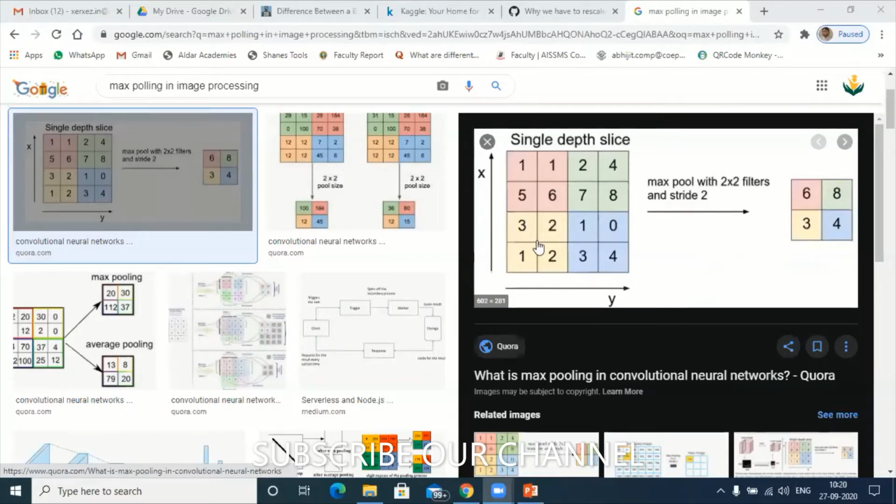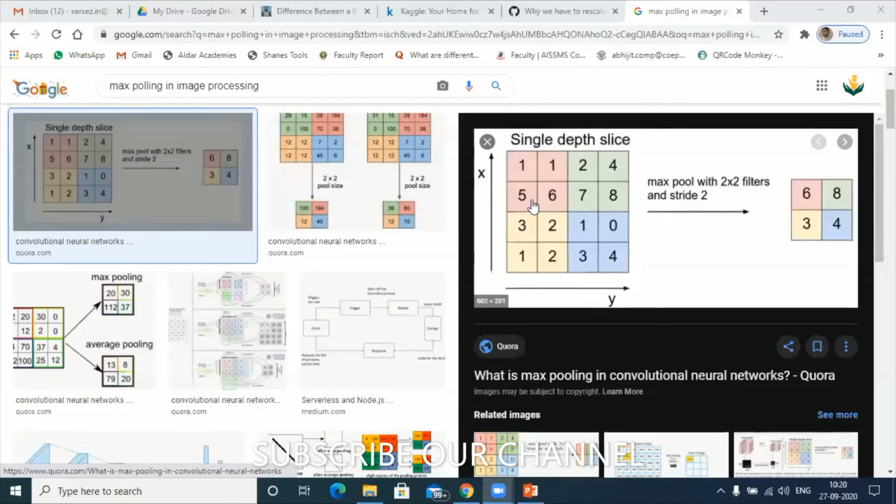One more thing here: while explaining, some faculty may use other techniques. See, here I have taken maximum values, but you can even take the average of it. So 1 plus 1 plus 5 plus 6, it will be around 13, divided by 4. So instead of taking the maximum value, I can take the average of the 4. That is also possible.